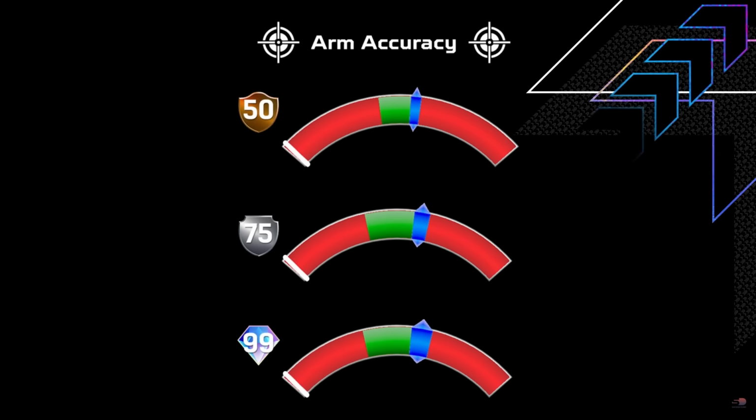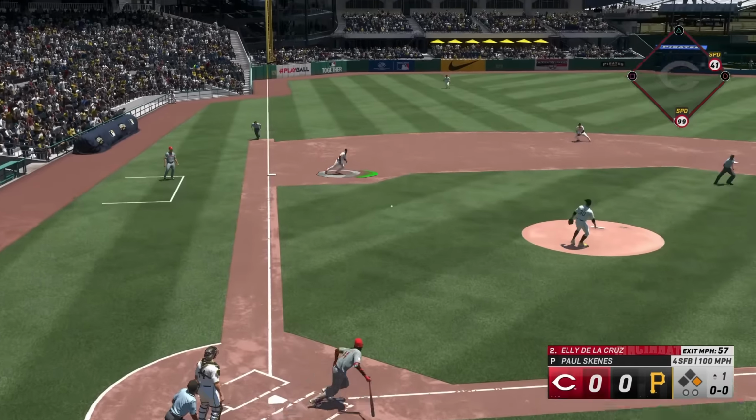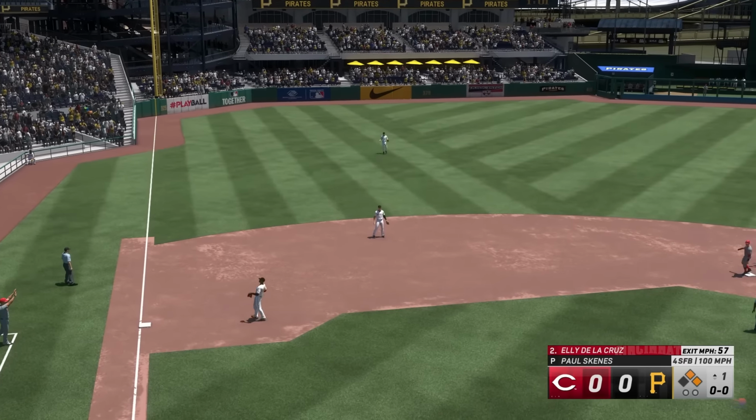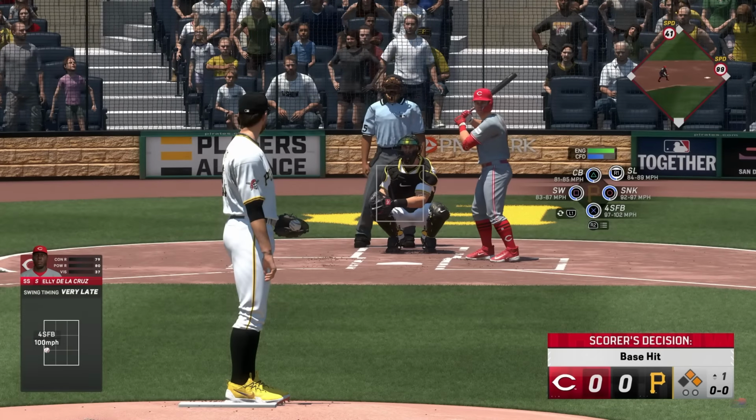Yeah, so you're just going to see a ton of changes with the throw meter. Based on a player's arm accuracy, you're going to get that bigger blue zone for perfect throws. So you're going to have to make a decision on who you want in the field. Do you want that power bat, or do you want a little more arm accuracy for some of these guys